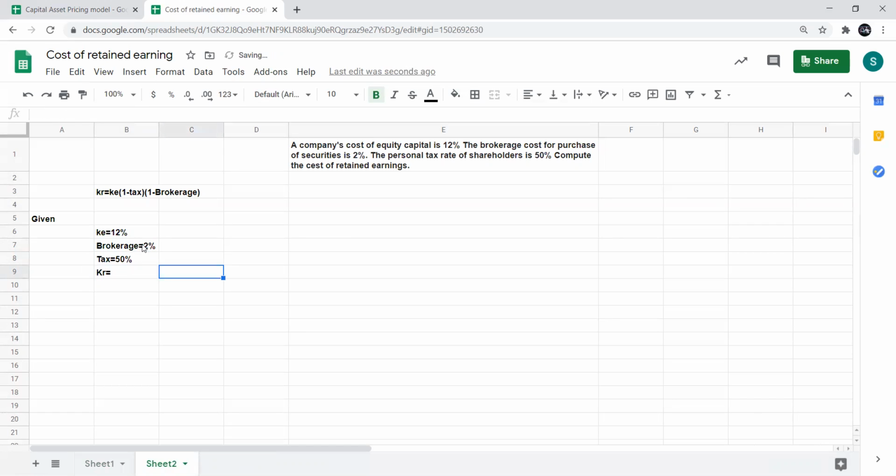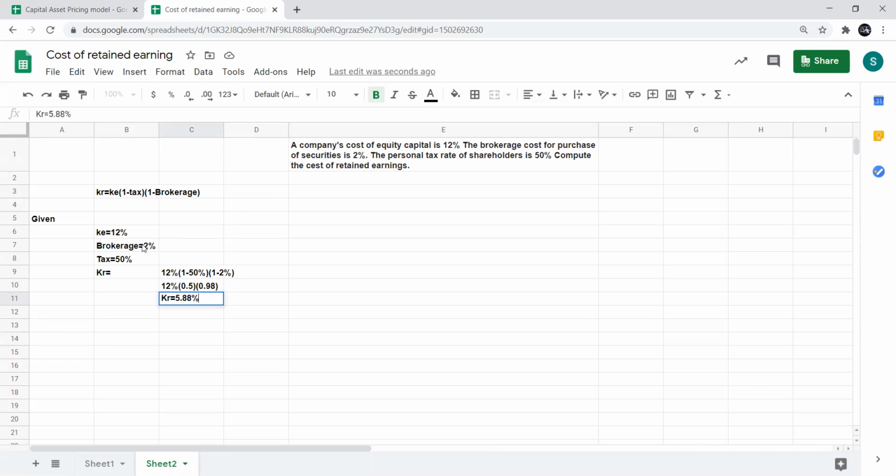What is the formula for that? I have to consider the cost of equity capital, 12%. Yes, I have done that. To this, I have to deduct the tax rate, 1 minus 50% being the tax rate. And to this, I have to deduct the brokerage. Brokerage from the problem, I have got it to be 2%. Okay, let me solve this. So it is 12% into 0.5 into 0.98. Thereby, my cost of retained earning is going to be